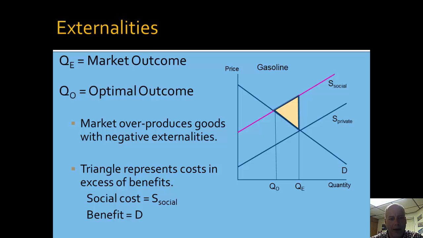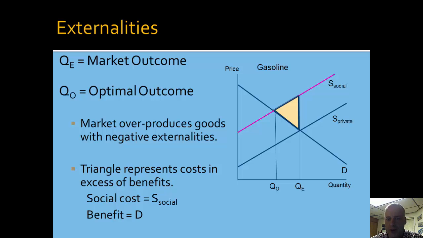Now, when you look at the diagram, you can see the difference between the equilibrium output that the market would produce, that's QE, and the socially optimal output, that's Q0. And if you look at the shaded area, those are costs in excess of benefits. The last unit produced by the market, unit number QE, has a social cost that's up to the pink line, but a market price and a marginal benefit to the marginal consumer that's at the market equilibrium price, right? So this difference, the height of that triangle at QE represents this external cost above and beyond the benefit provided